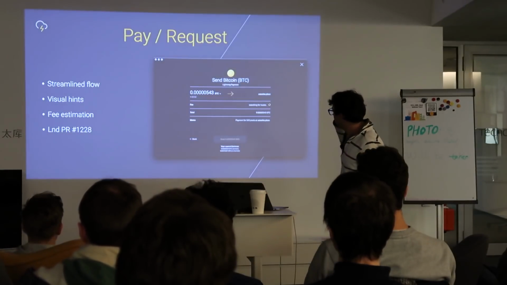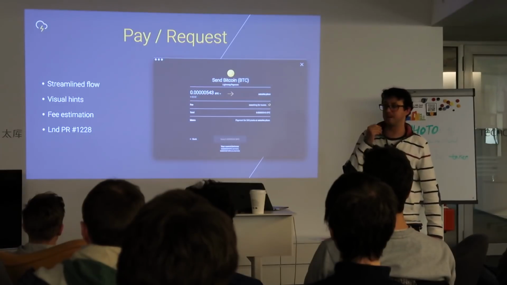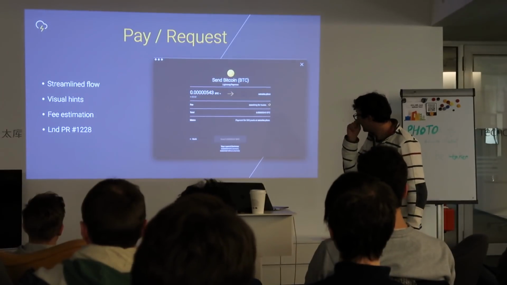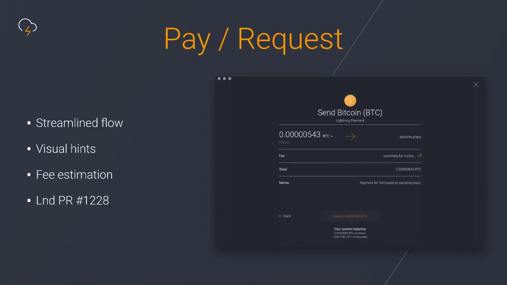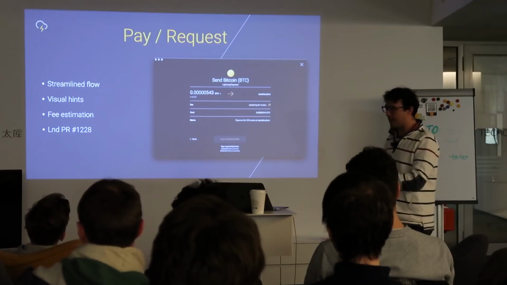So the first thing is the payment and the request forms. If you guys are familiar with Zap currently, you might see some differences here. We started building out support for fee estimation, which we can get about 50% of the way there currently. In terms of making off-chain payments, like Lightning payments, what we do is we send the payment request